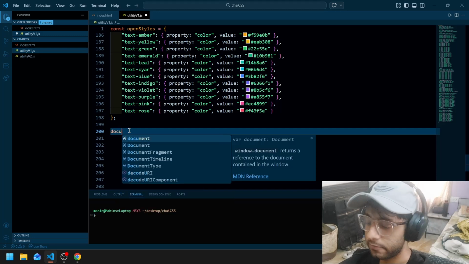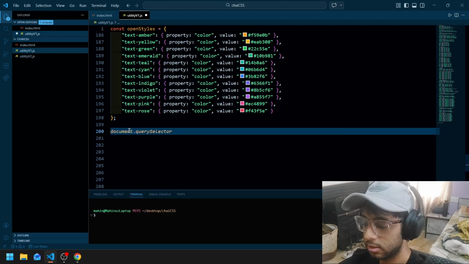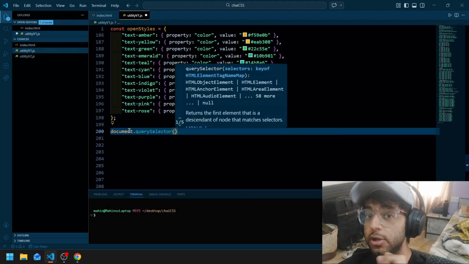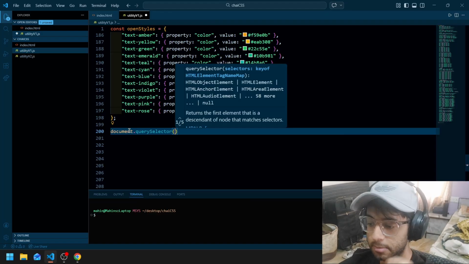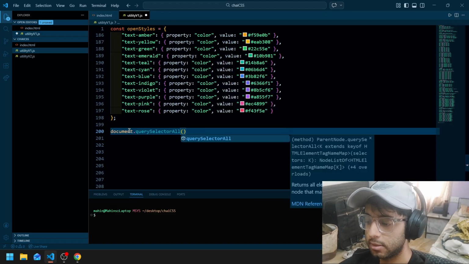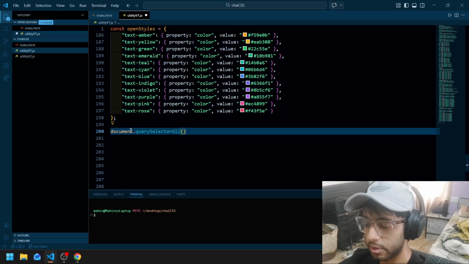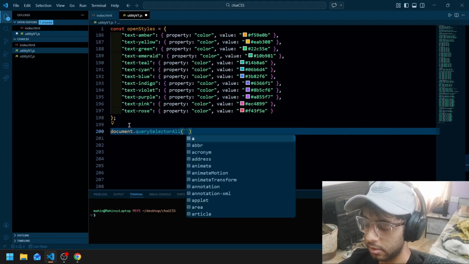We do that with the help of document.querySelector. But I had mentioned we want all the elements, so not just a single element. For that, we are going to use querySelectorAll. querySelectorAll. We need all the